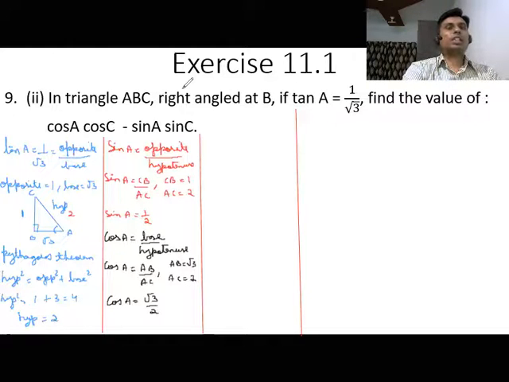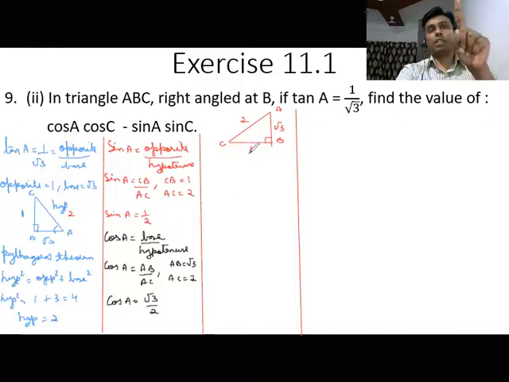So since I need that C, I will redraw my triangle now such that C comes down. I will draw my triangle like this. So this is 90 degrees, which is B. This is C and this is A. Now what is AB value? AB value is root 3. What is BC value? BC value is 1. And what is AC value? AC value is 2. So now the values of the opposite and the base is changing. Hypotenuse will remain the same.